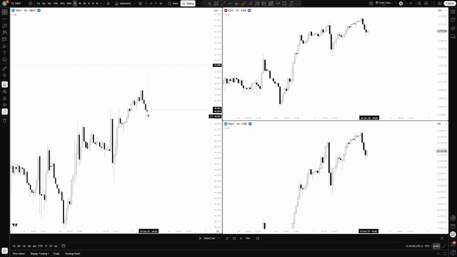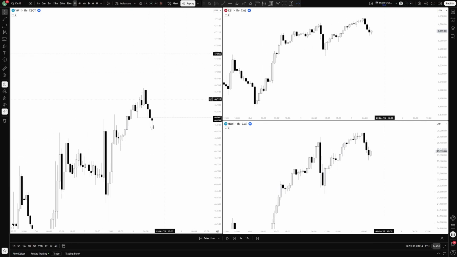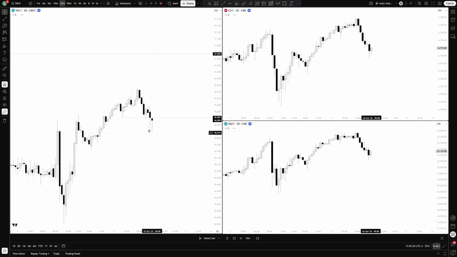This is right around the opening time, right? So you see we have SMT right here with this previous hourly candle's low, which is that 8 o'clock candle's low. If we drop down then to our 30 minutes, which is what I wanted to see, then we have